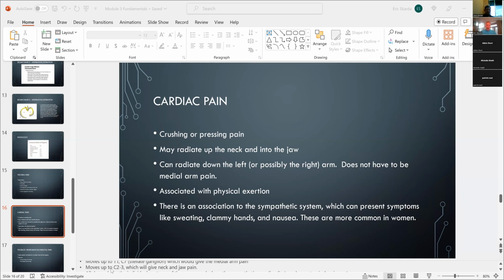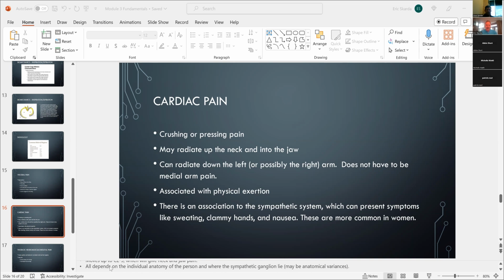And then from there, it'll move up the next most prominent sympathetic ganglion, which is about C2-3, which tends to give us neck pain and or jaw pain. Okay. All of these references will depend on the individual anatomy of the patient and where the sympathetic ganglion may lie. There can be relative anatomical variances from one person to the next. For instance, we could have pre or post